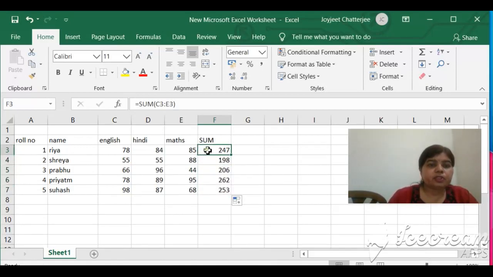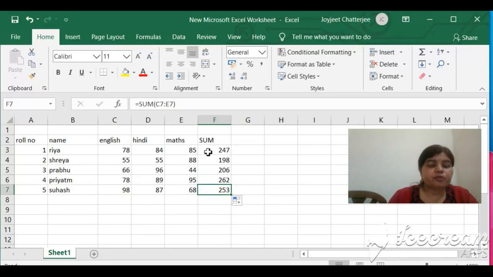Now, first we had used C3 to E3, and for the next it will be C4 to E4, and next C5 colon E5, next C6 colon E6, and the next one is C7 to E7.